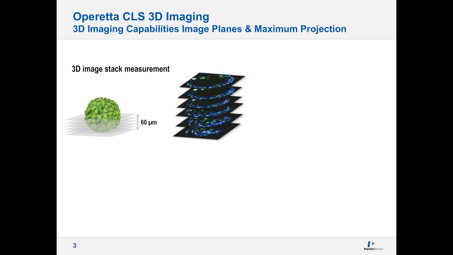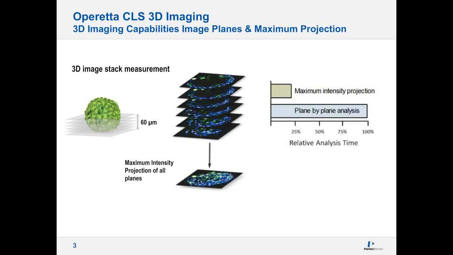There are two ways to do three-dimensional measurements. We can either take the stack, or we can collapse the stack, and this forms a maximum projection intensity of all the planes together. This is a way for us to do a very fast measurement, and it does not take long. The maximum projection intensity collapsed images are a much faster way to analyze three-dimensional image stacks.